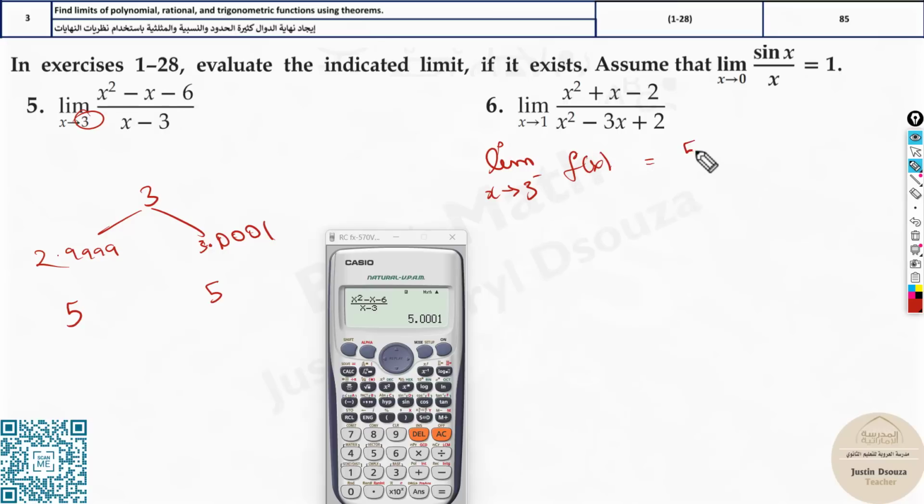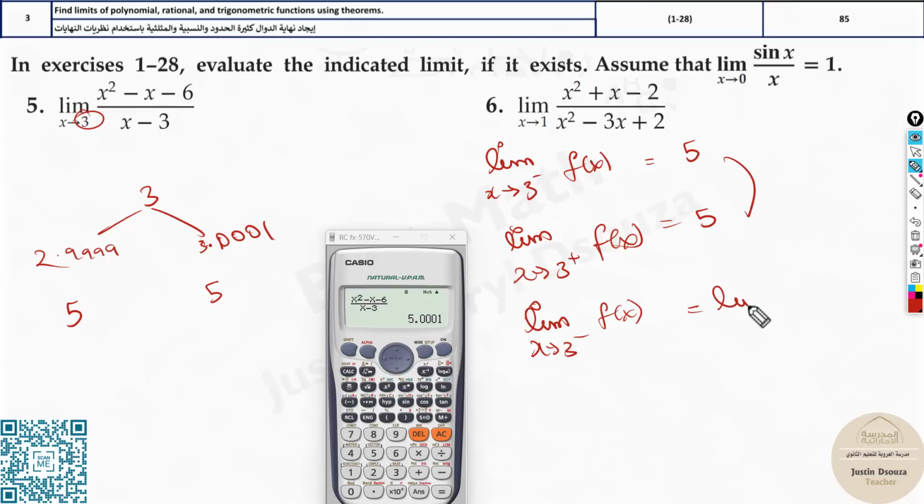This was equal to 5. And over here again, we did the limit as x approached 3 from the positive side of f of x for this given fifth question. This was again 5. Since limit as x approaches 3 from the negative side of f of x is equal to the limit as x approaches 3 from the positive side, that means the right side, these are equal,